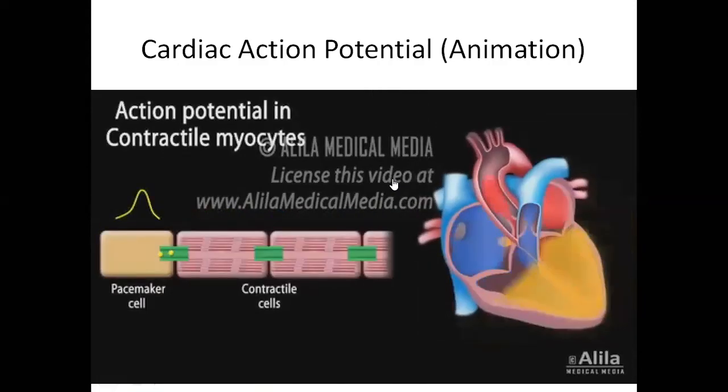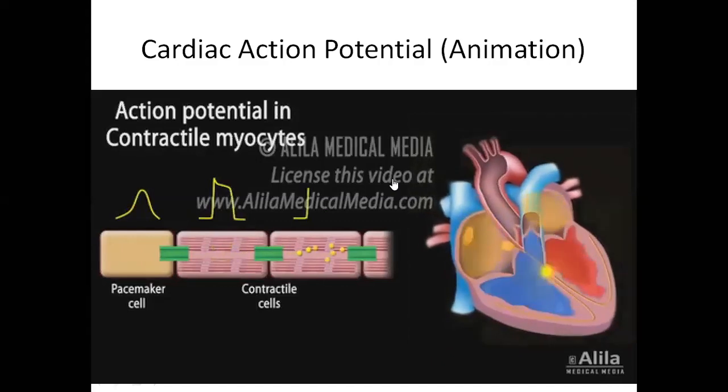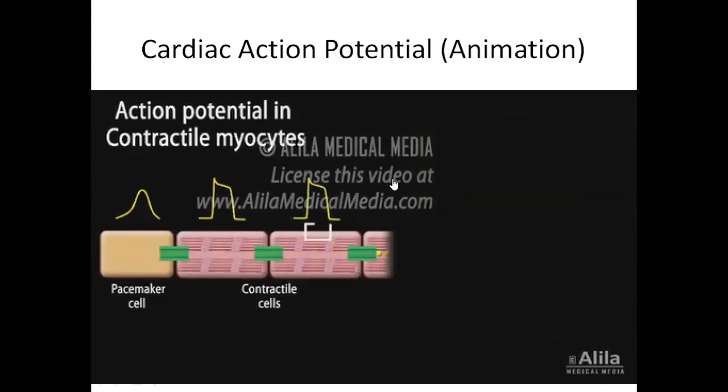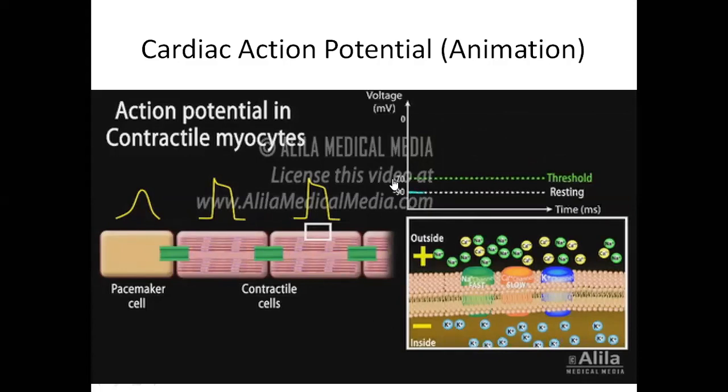Electrical impulses from the SA node spread through the conduction system and to the contractile myocytes. These myocytes have a different set of ion channels. In addition, their sarcoplasmic reticulum, the SR, stores a large amount of calcium. They also contain myofibrils. Contractile cells have a stable resting potential of -90 millivolts and depolarize only when stimulated, usually